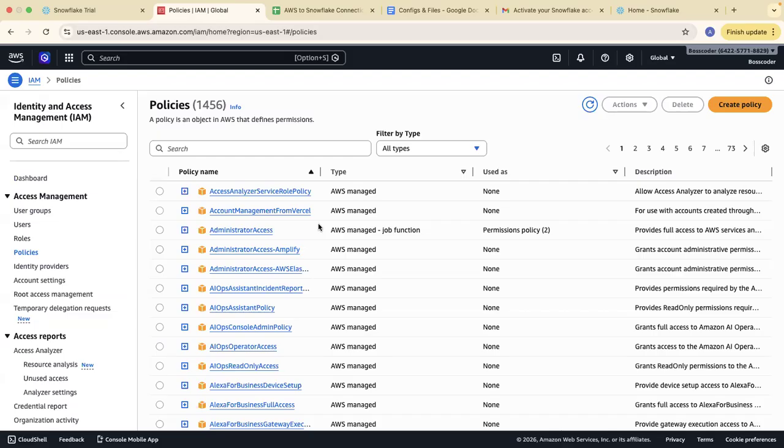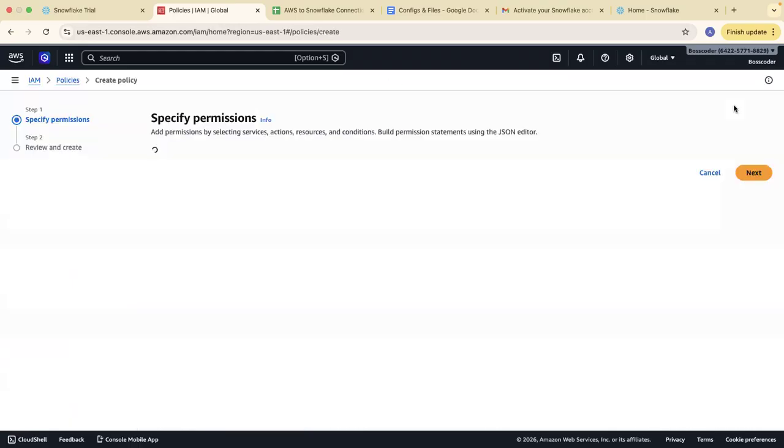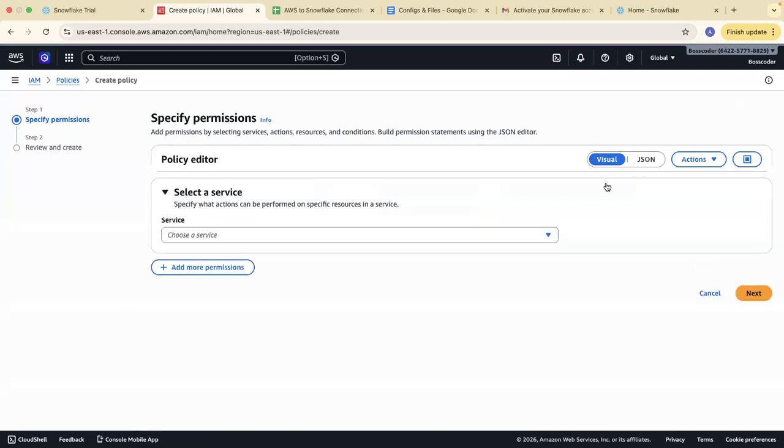Same like this, when I have to create a connection between Snowflake and my AWS account, the first thing I have to create is a policy, and I will create that policy for my S3 bucket. Once I create this policy for my S3 bucket, it will say that I can do anything inside my S3 and I can use my S3 bucket externally for all other Snowflake accounts or any accounts.